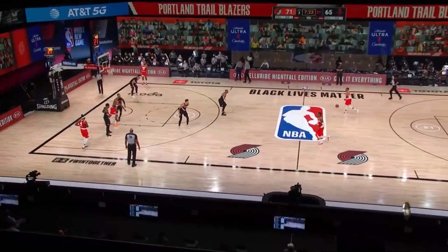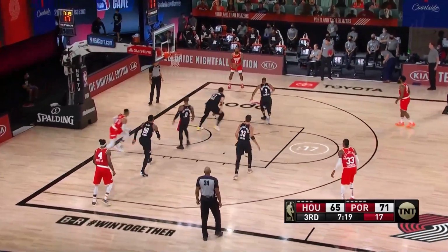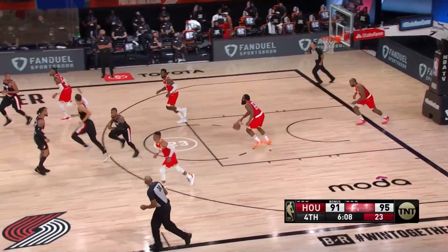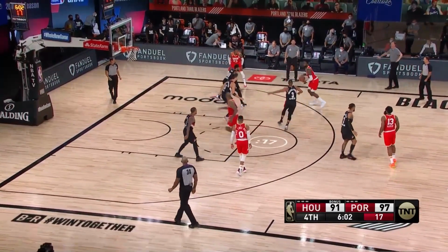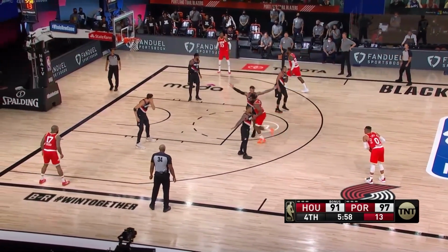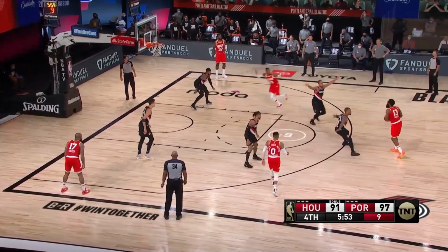The Rockets are the best after timeout team in the NBA, but when Portland went to this sort of deny zone in the diamond, it kind of threw off the normal after timeout plans. So what D'Antoni and the Rockets did was decide to use James Harden as the ball screener. And although it didn't really create any easy scoring opportunities, it still caused some problems to have Harden ball screen